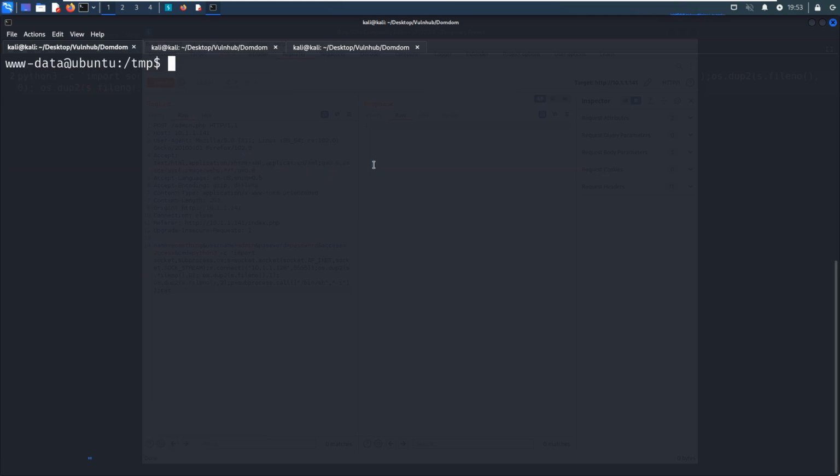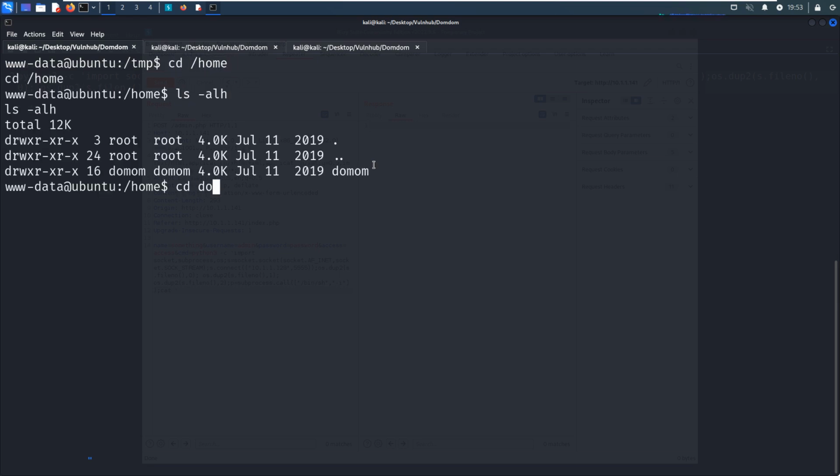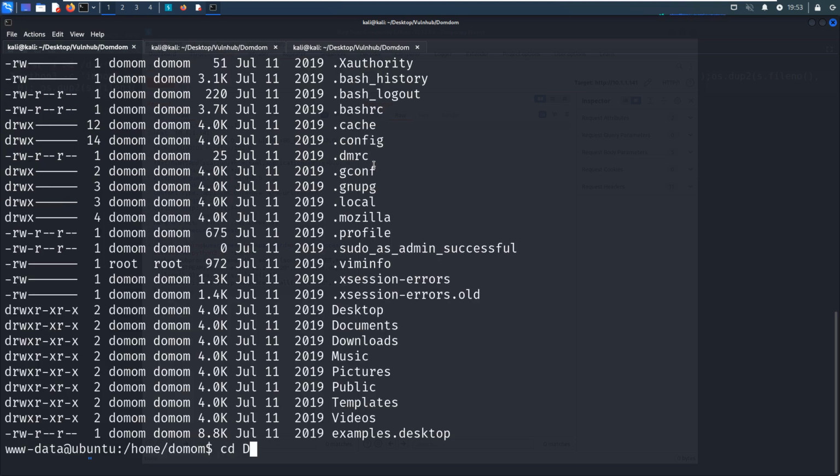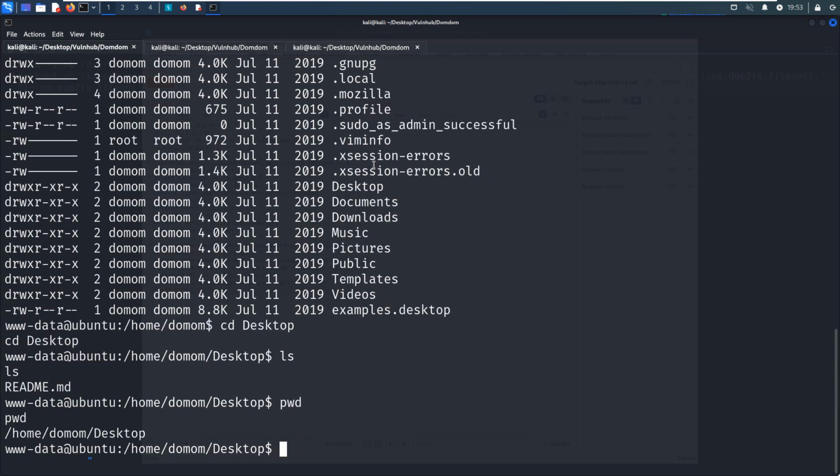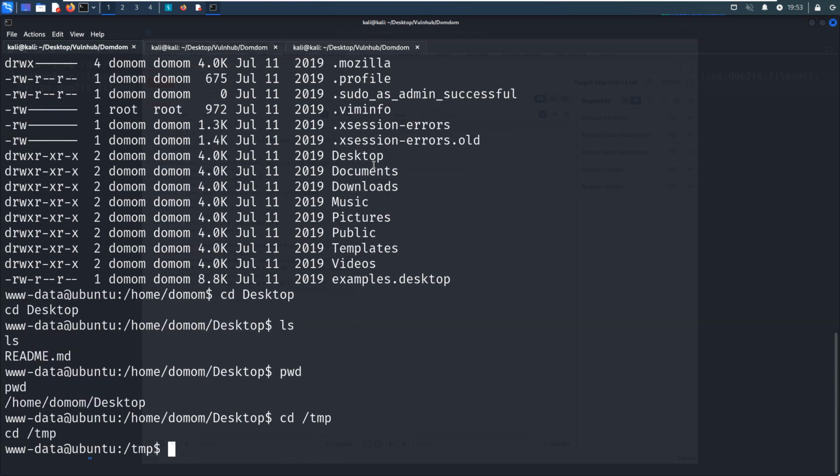Okay, all right. Just now, this one, the DOM, in its home directory, we found the desktop, the readme. We do not have permission to read it. We can utilize the capability of tar to read, to retrieve it, right?